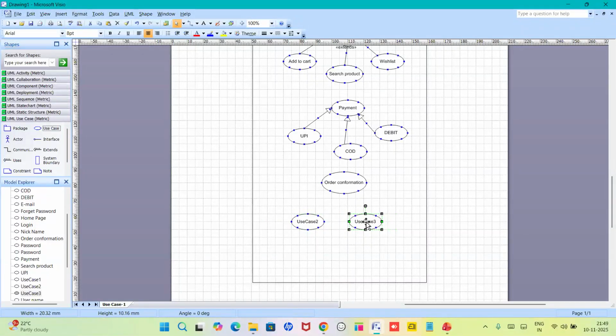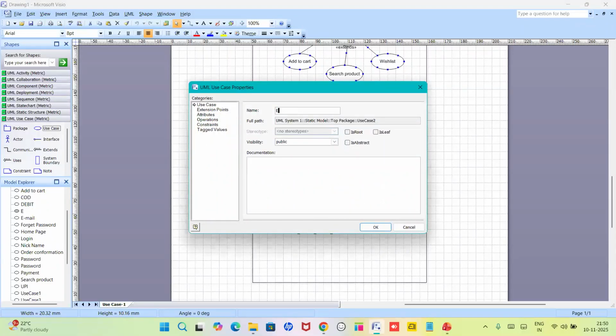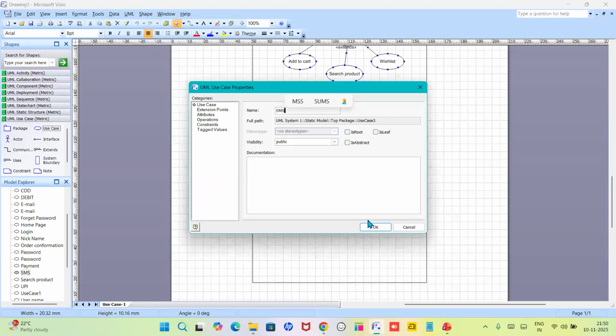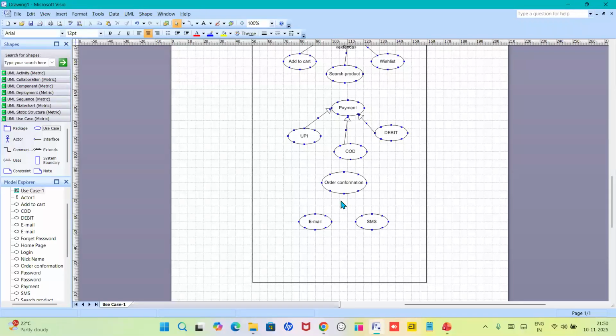So to confirm that the order is done or not, we are getting the mail and we are getting SMS on our mobiles, right? So this is how they will come under the supporting use cases, like we are getting email and SMS, right? Through that email and SMS, we can confirm that our order is successfully completed. So for this, the relationship I am using for order confirmation